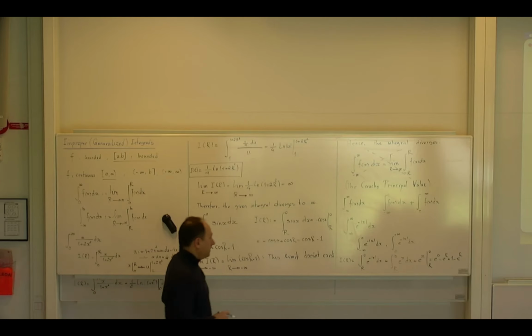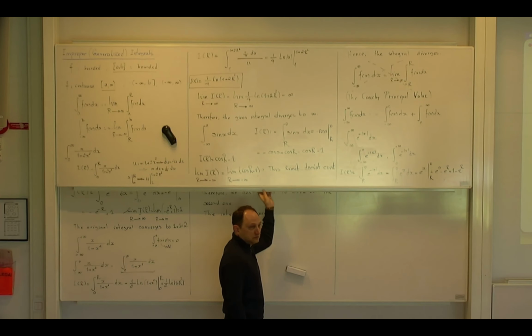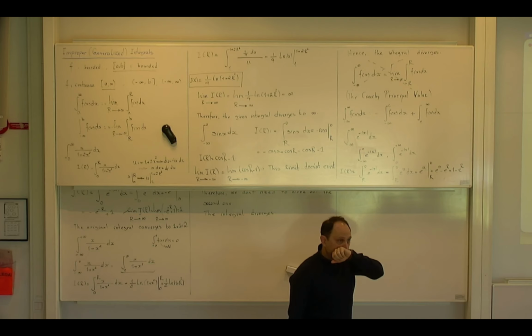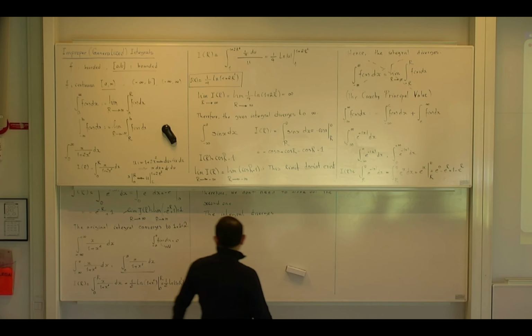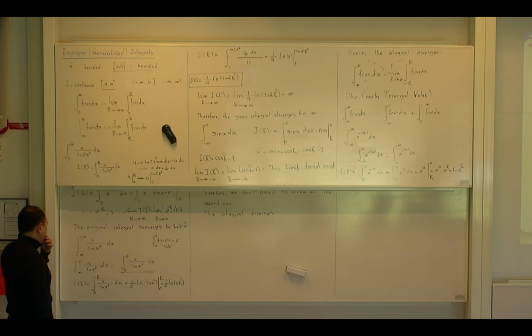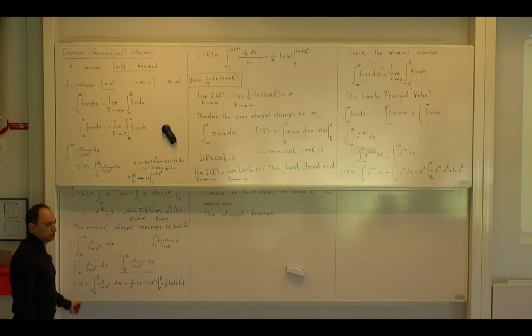Yes? From a graphical perspective, since it's an odd function and everything, is it because the function is not bounded as a whole on the interval minus infinity to infinity? It is bounded, isn't it? It's bounded. Isn't it? I don't know. This function is always less than x. No, it is not bounded, probably you're right. Have you drawn the graph here in front of you? You don't have it? No, not yet. Yeah. But I think that's one of the reasonings why we can say that the integral from 0 to infinity diverges.